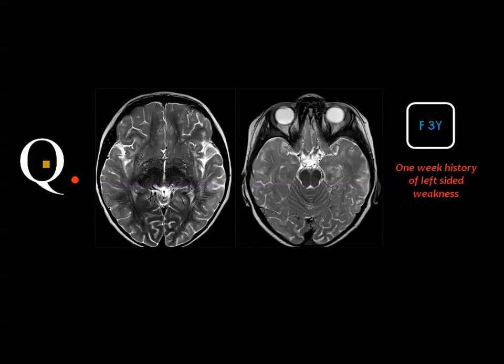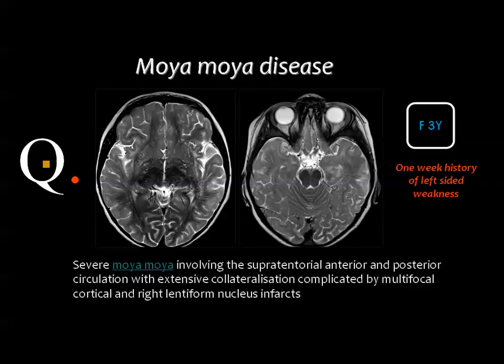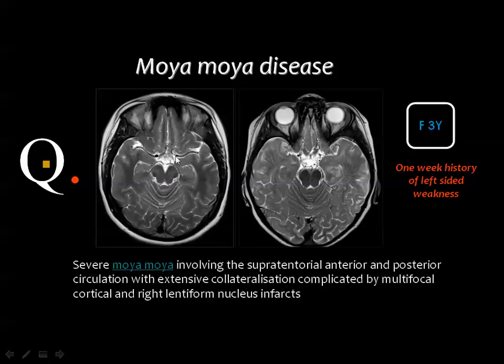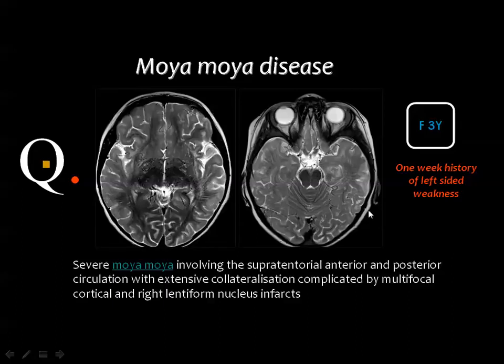Yes, the puff of smoke, which is characteristic of which disease? Yes, and this is moyamoya disease. Instead of seeing the branches of the circle of Willis, identifying the middle cerebral and anterior cerebral arteries, you cannot see these vessels. Instead, you can see minute vessels in the region of the thalami and also in the suprasellar cistern, diagnostic